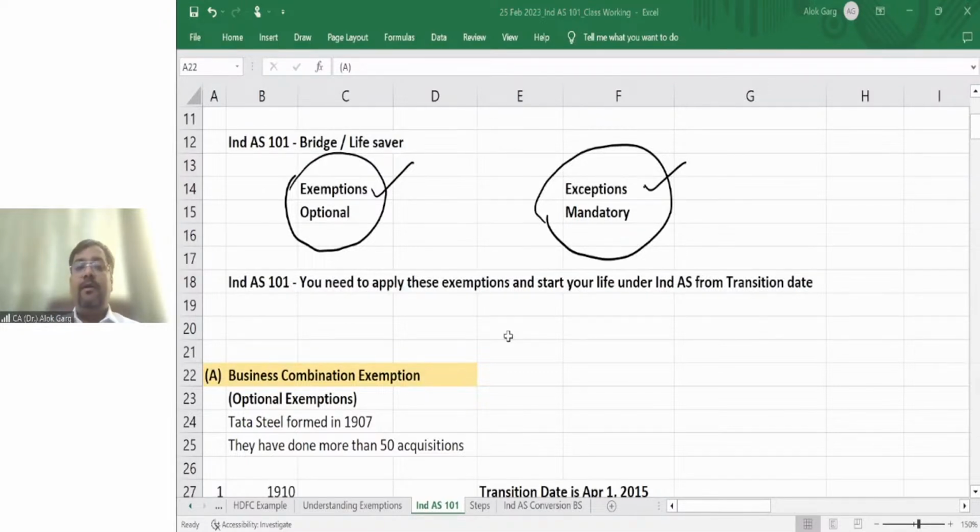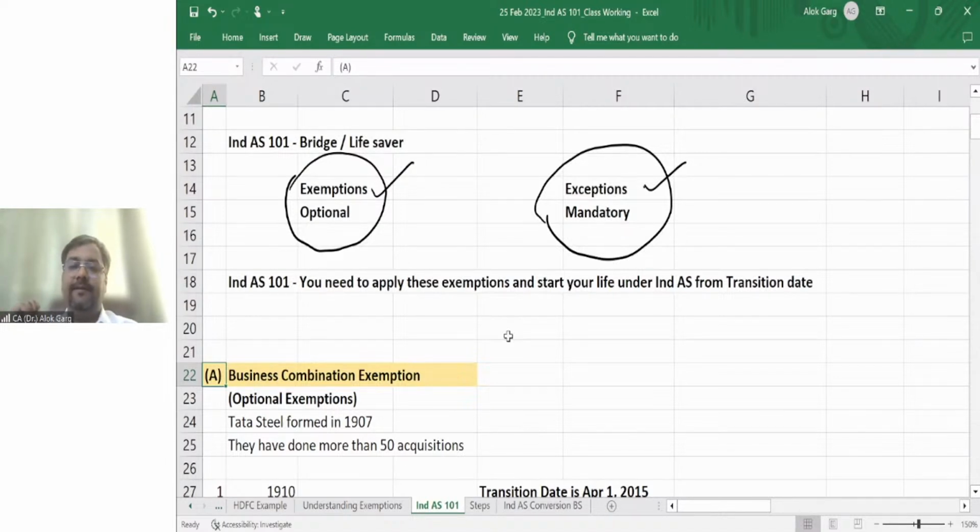Yes. So in accounting standards, we do have AS 14 accounting for amalgamation. But Ind AS 103 is very wide in comparison to AS 14. Right? In Ind AS 103, first of all, it talks about the fair value concept. That is the first one: you have to do the fair valuation. Whenever you do any acquisition, on the acquisition date, you have to do the fair valuation of net assets, consideration,